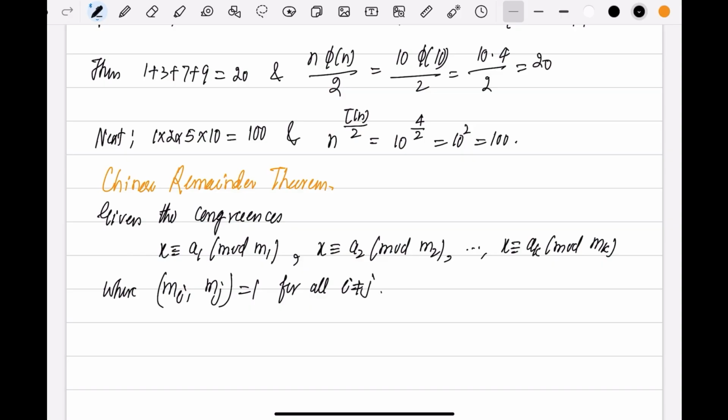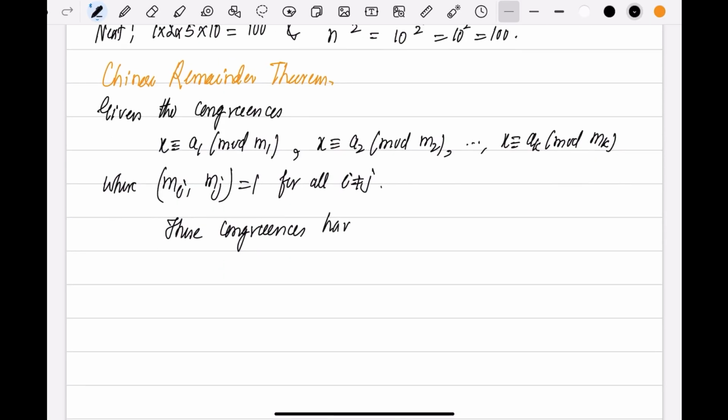So we have the congruences, but the moduli should be relatively prime. Then these congruences have a common solution, given by